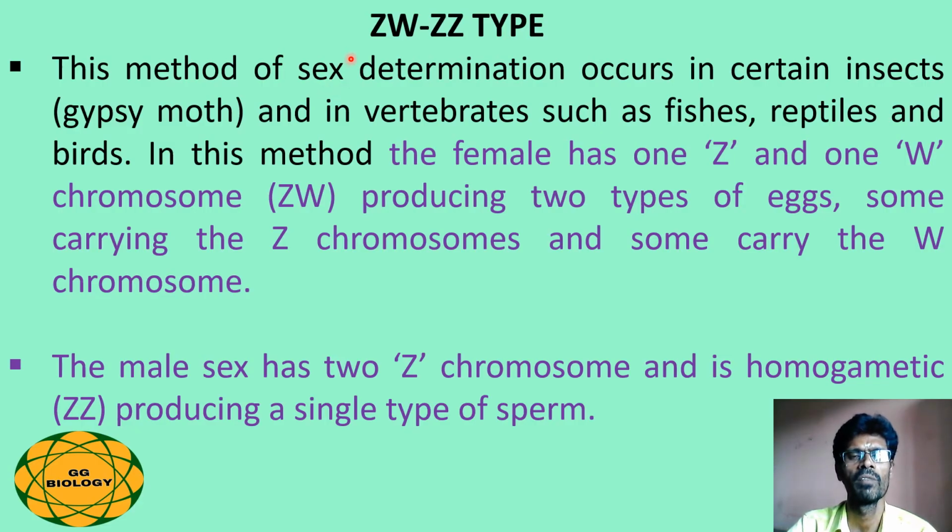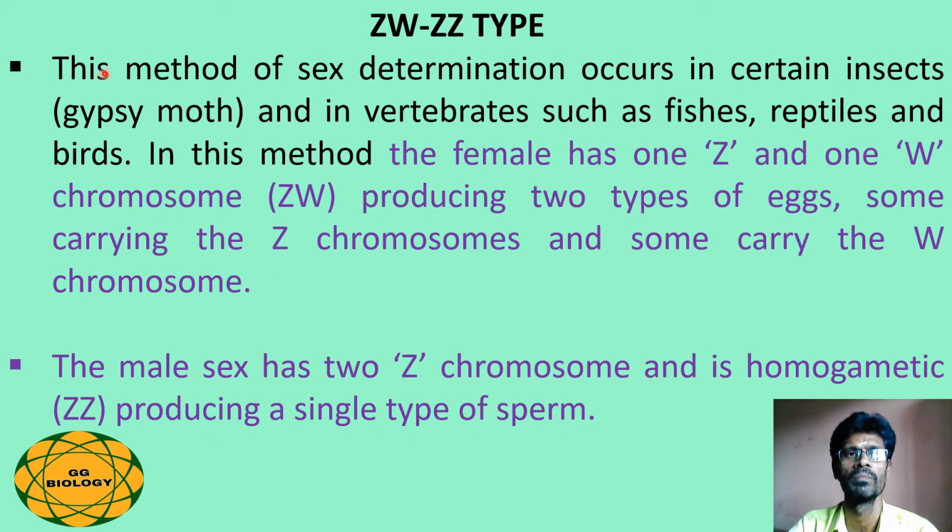The second type of heterogametic females is of ZW and ZZ type. This method of sex determination occurs in certain insects, particularly the gypsy moth, and in certain vertebrates like fishes, reptiles and birds. In this method, the female has one Z and one W chromosome, producing two types of eggs, some carrying the Z chromosome and some carrying the W chromosome. The males have two Z chromosomes and hence are homogametic, ZZ, producing a single type